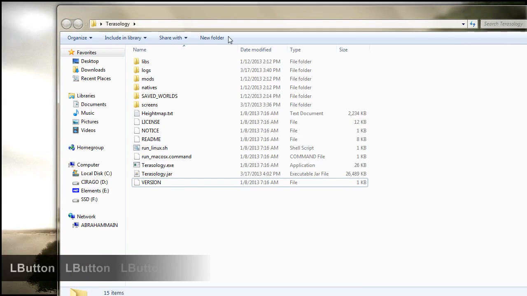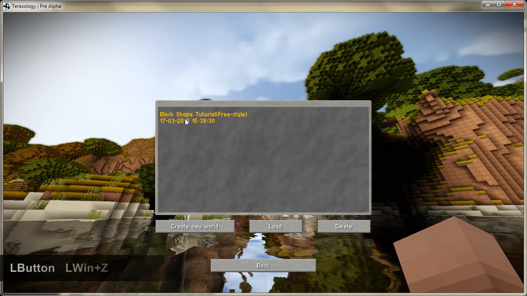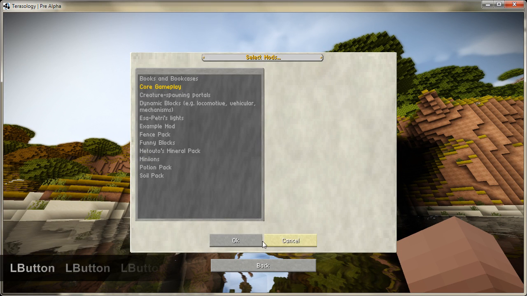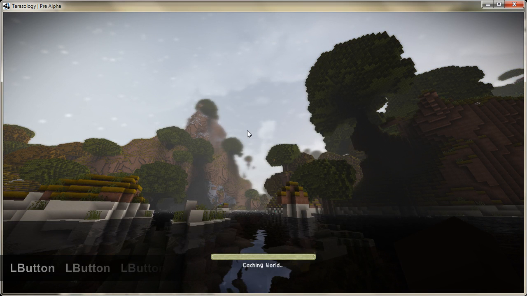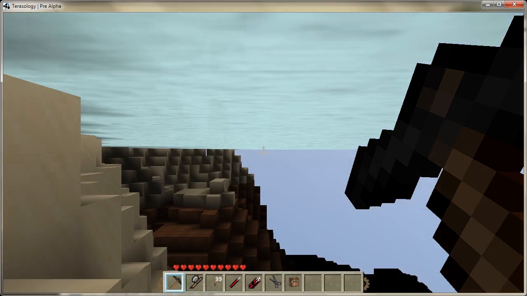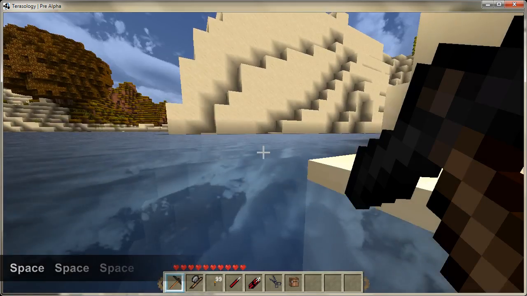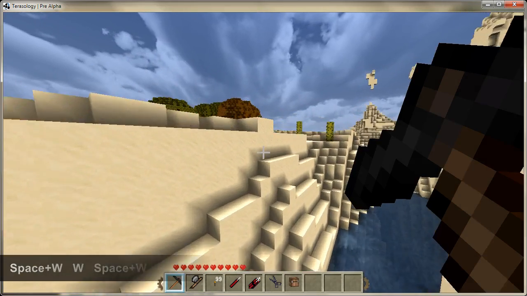Let's open Terasology and inspect it. I am going to just create a new world real fast to test this. Let's see. Mods. Okay. Should just take a second. And we started underwater. Well, let's see. I'm just going to pop up here,